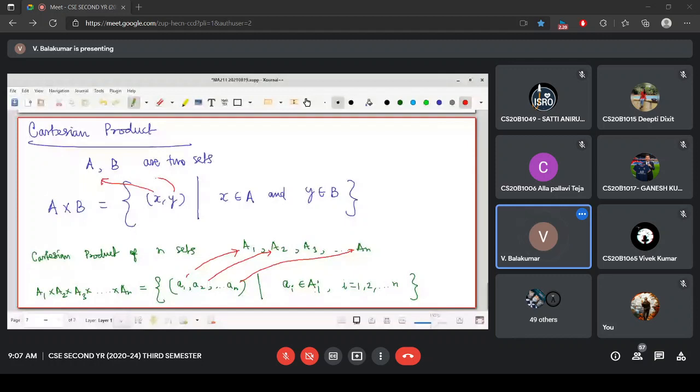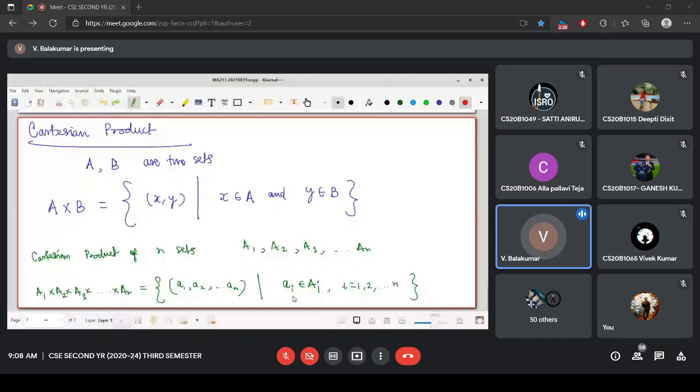Do you follow this? Look at the ordered pair. In an ordered pair you cannot change their place. (x, y) is different from (y, x). Is it okay? That's what we have written with this mathematical symbol, belongs to.